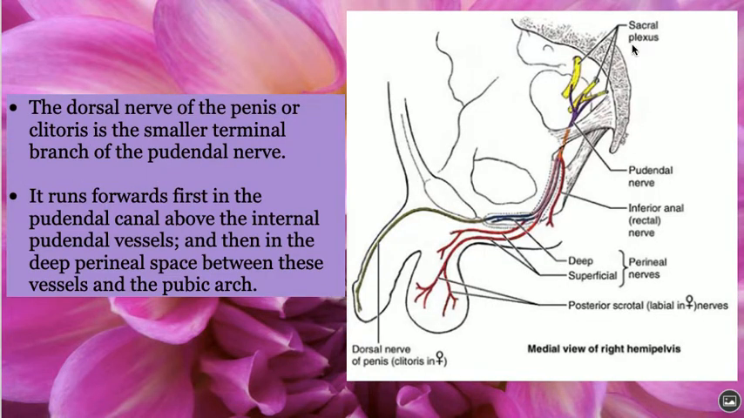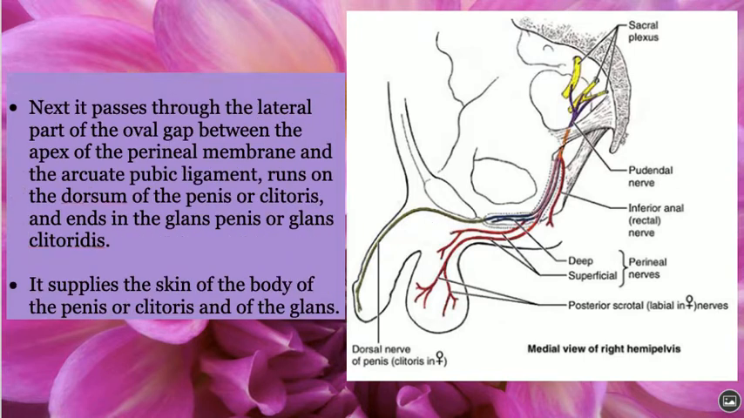The dorsal nerve of the penis or clitoris is the smaller terminal branch of the pudendal nerve. It runs forward, first in the pudendal canal above the internal pudendal vessels, then in the deep perineal space between the vessels and the pubic arch. Next, it is